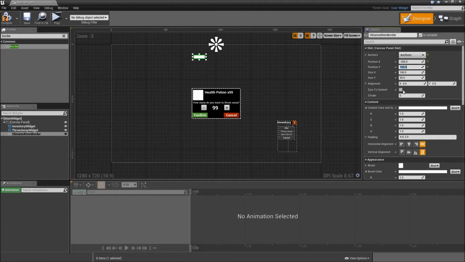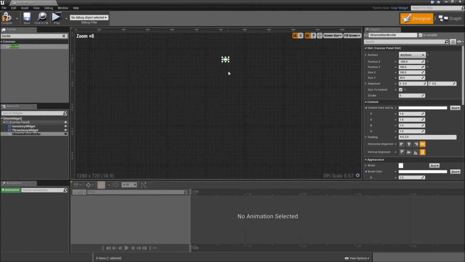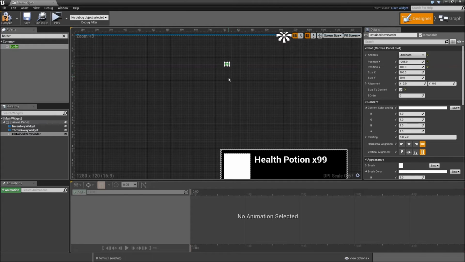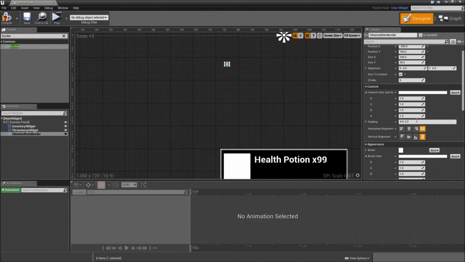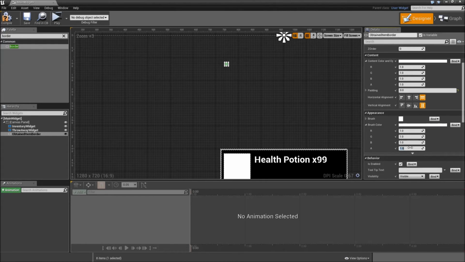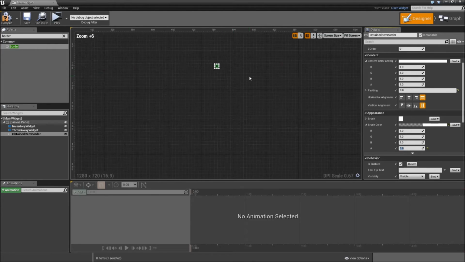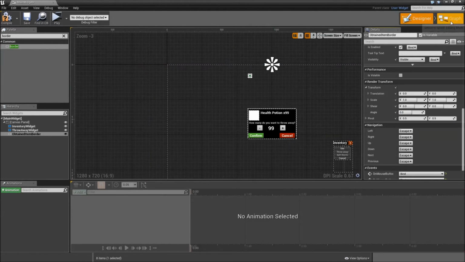Then you will also have to make sure that it's size to content, so we will only be able to see it when there is something added to it. Clear the padding. And for the brush color, give it an alpha of 0, because we don't want to see the border, we only want to see what is inside of it. Now let's go to the graph,